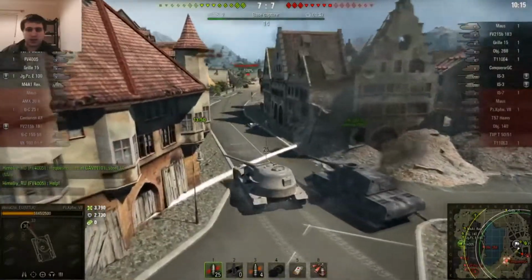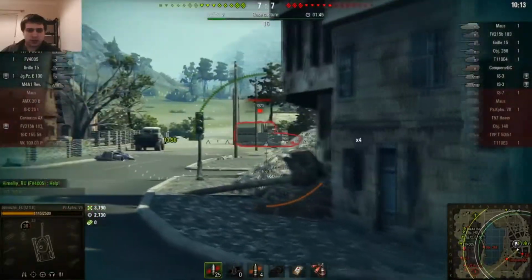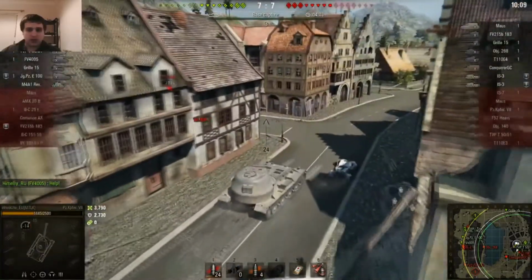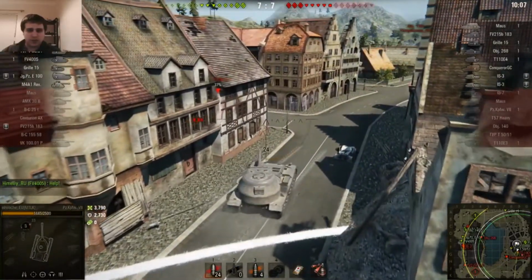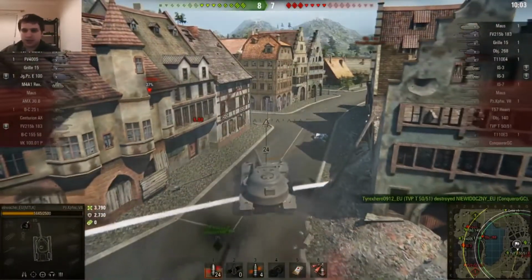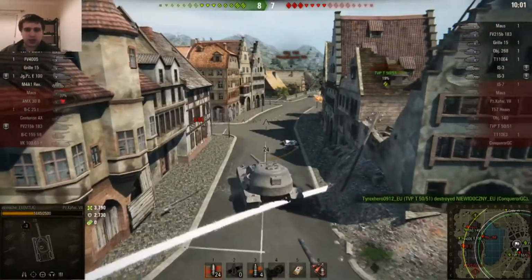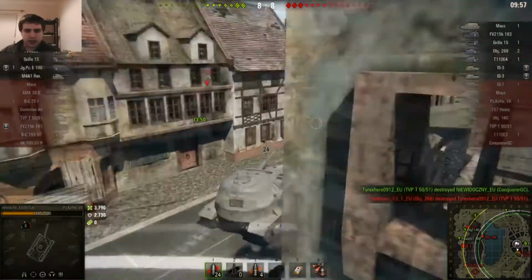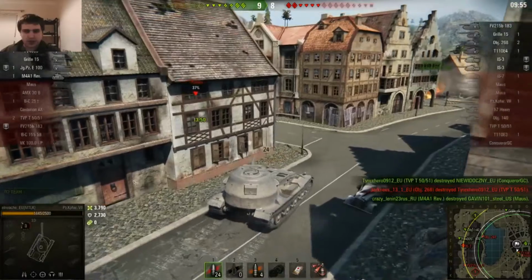I know there's a Conqueror gun carriage. Ugh, I missed him unfortunately. The gorilla's coming down. Ugh, he seems determined to get me, that guy. Well, the Conqueror's dead, so that's one less tank I need to worry about. Unfortunately,